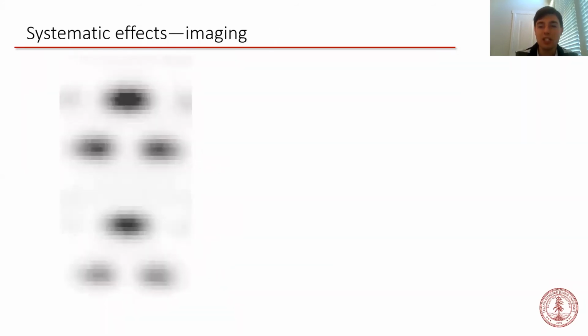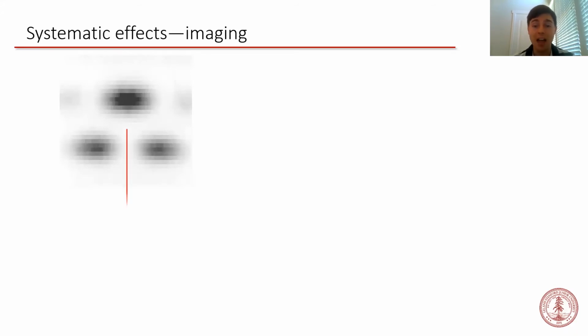I'll conclude the discussion of systematic effects by mentioning how we deal with imaging errors. In order to read out the differential phase, we need to compare the fitted phases of the two interferometers at a particular horizontal reference point. The clouds are overlapped during the interferometry sequence, so in order to spatially resolve them in the image, there's a short timing delay between the applications of the imaging light for each species. So in this image, the rubidium-87 was imaged first, while the rubidium-85 continued to fall. And then the rubidium-85 was imaged 1 millisecond later.